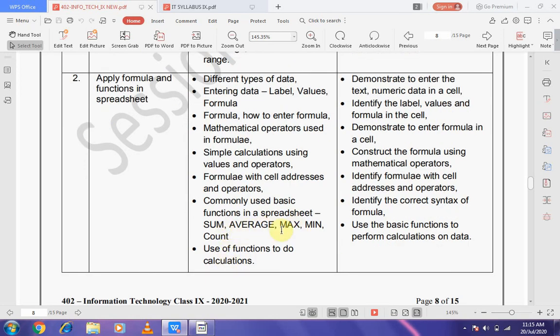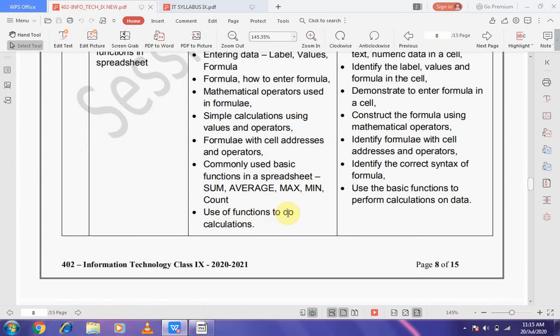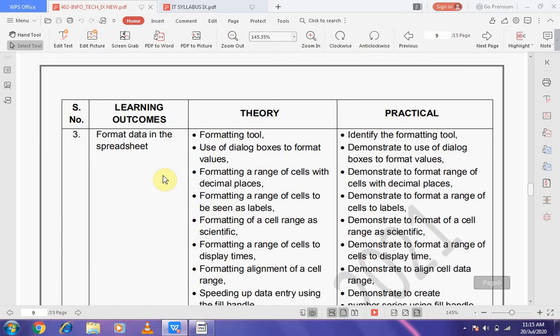How we have to find the sum, average, maximum, minimum and count. Use of function to do calculations.